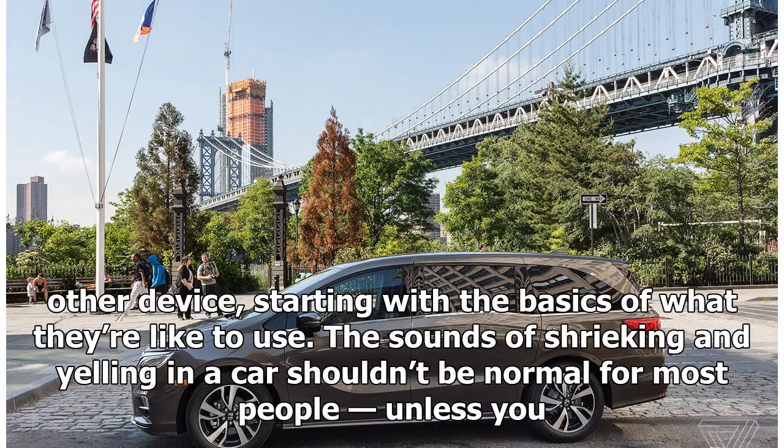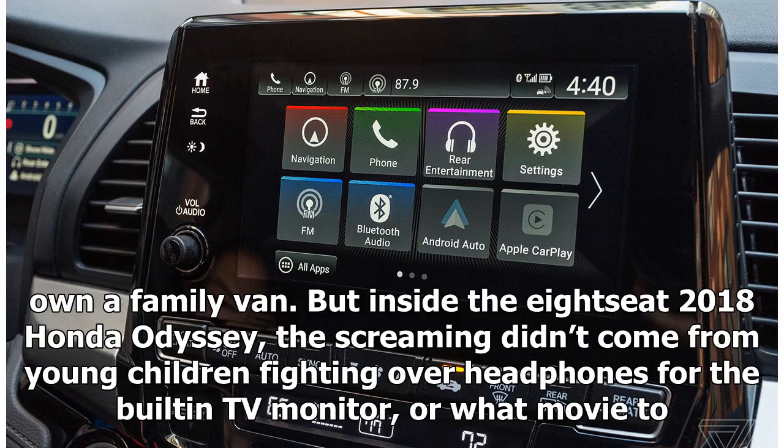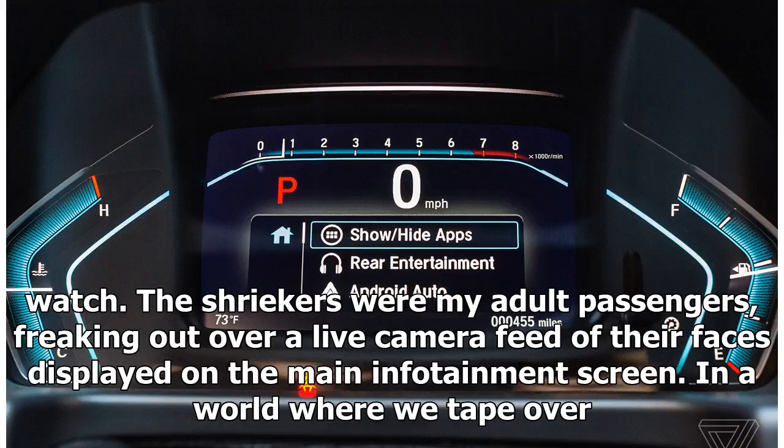The sounds of shrieking and yelling in a car shouldn't be normal for most people, unless you own a family van. But inside the 8-seat 2018 Honda Odyssey, the screaming didn't come from young children fighting over headphones for the built-in TV monitor, or what movie to watch. The shriekers were my adult passengers, freaking out over a live camera feed of their faces displayed on the main